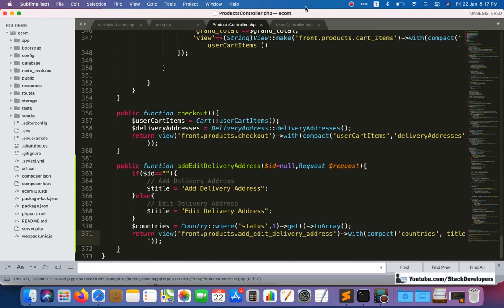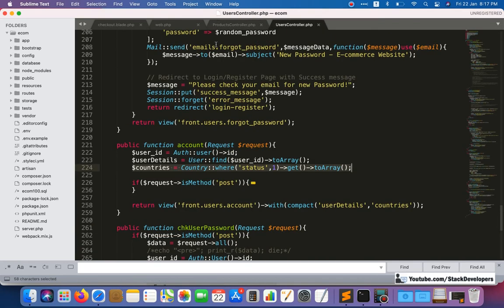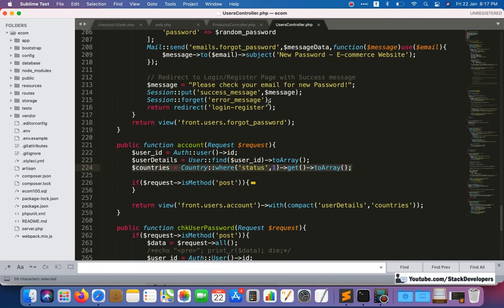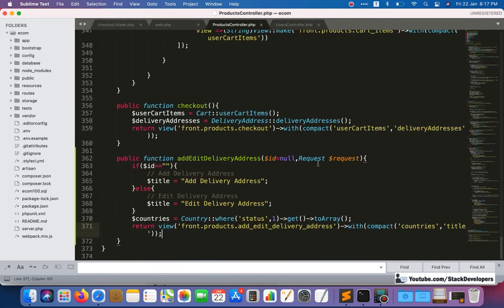See, you can do one thing here. You can create the address controller as well. If you want, you can create the address controller and mention it here instead of the product controller. In that address controller you can keep the delivery addresses, all the options, delete, add, whatever you want. Okay, so you can also do like this, and you can also create the address folder for your blade files, and that is the optional thing. If you want to do like this, it's your call, but now I am doing like this to save time.